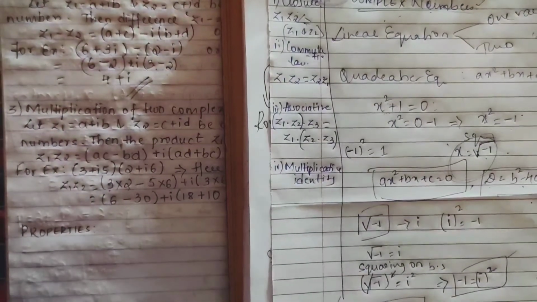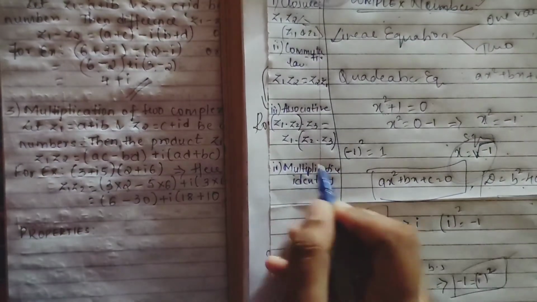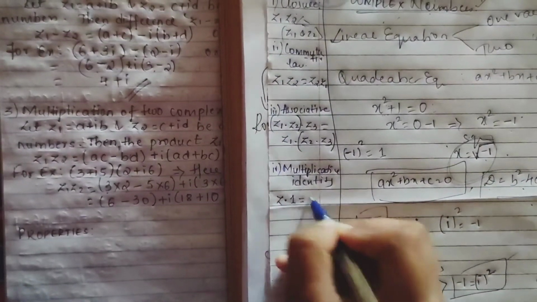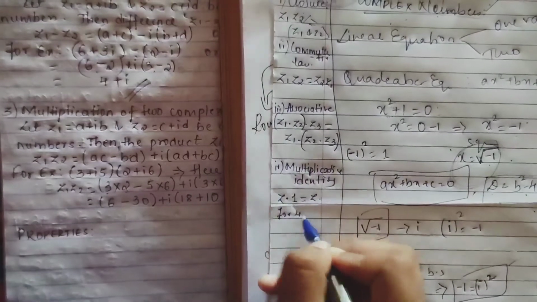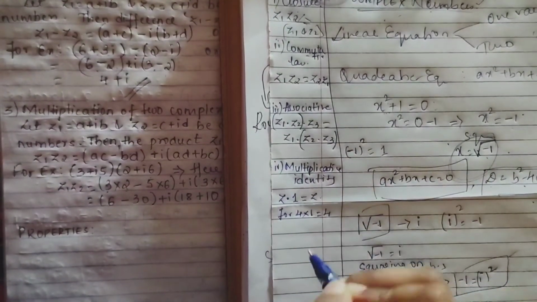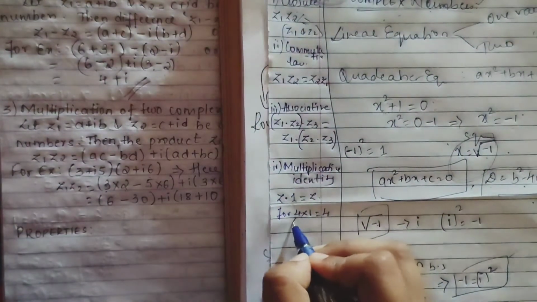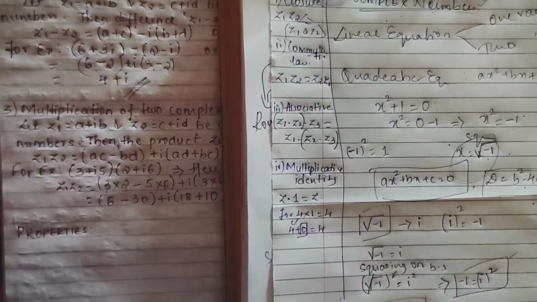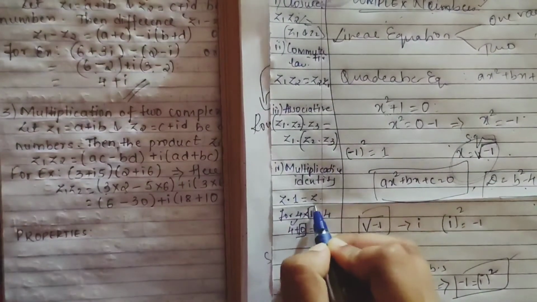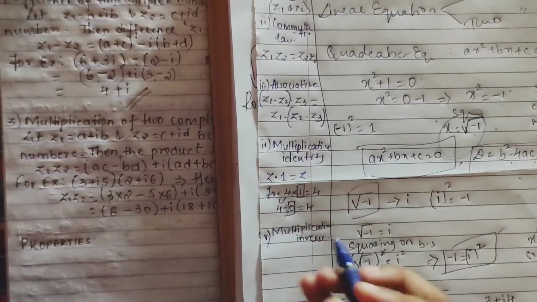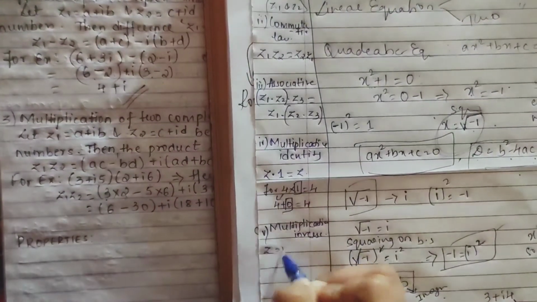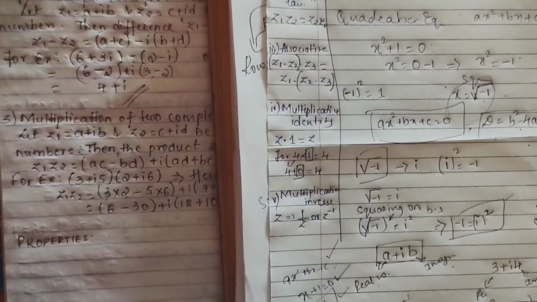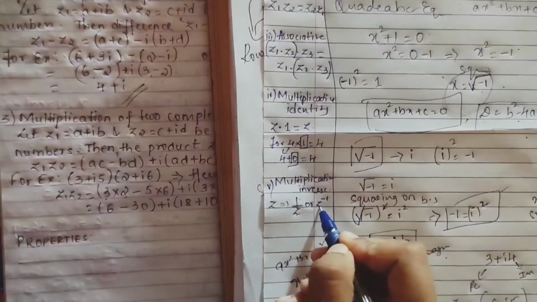In addition, you had the additive identity. Here you will be having the multiplicative identity. Here the multiplicative identity will be what? z into 1 we get z itself, right? For example, 4 into 1 is 4 only. In your addition, 4 plus 0 you would get 4. In addition, 0 was the additive identity, and in multiplication it is 1. Okay, here the multiplicative inverse for z will be 1 by z, or z raised to minus 1. This is called the inverse. 1 by z can be written as z raised to minus 1, right?